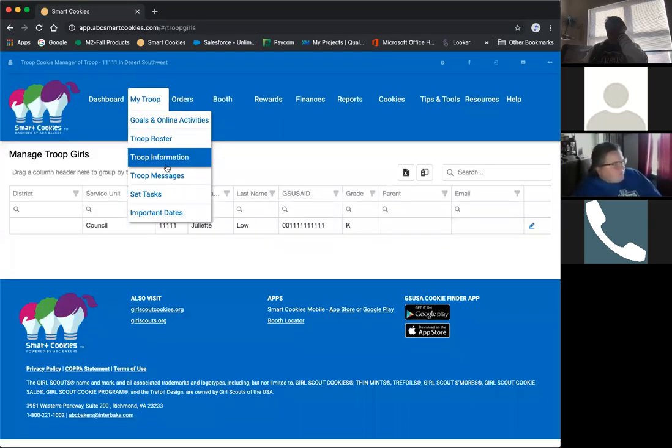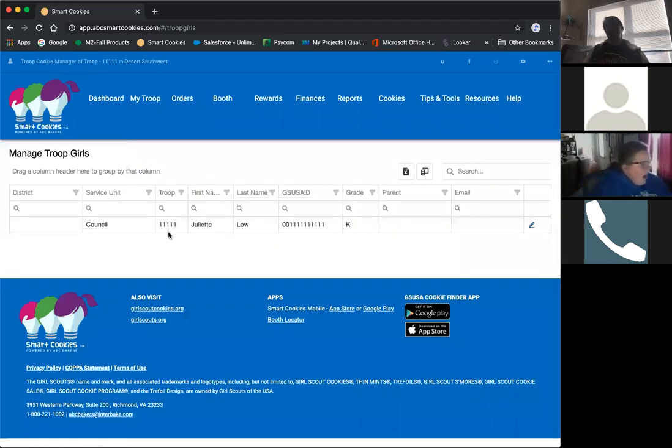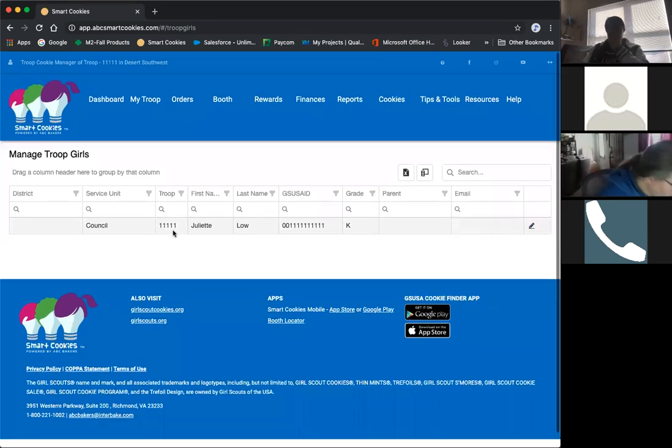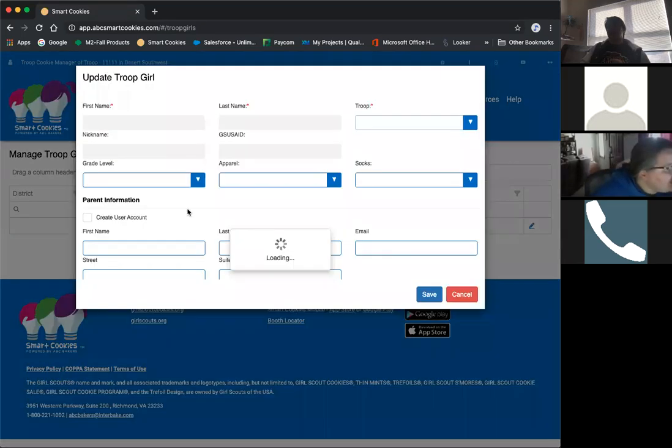Also, under your troop roster, you will not be adding any girls to the system. You will also not be deleting any girls from the system. Council will do all of that. So it's very important to make sure all of your BTK information is correct before January 9th. From January 9th until January 17th, it will be visible in ABC, and you'll need to make sure it's correct there. Now, if there's an error, for example,